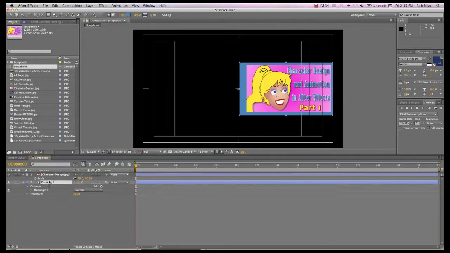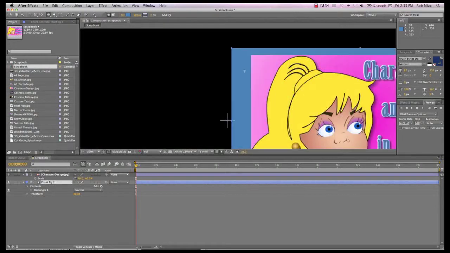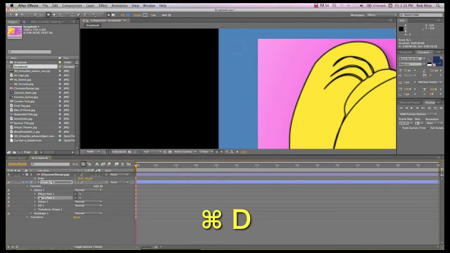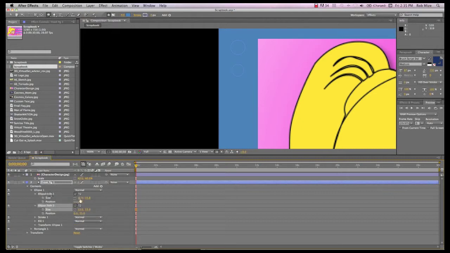And I'll change the name of that to Front Page 1 and drag it underneath my graphic. Choose my ellipse tool on that same shape layer and I'll draw a small ellipse and select that ellipse path and use Command D, and now I have two ellipses as part of that same shape. I'll drag that second ellipse path down and maybe make that a little smaller. There we go. I'll change both of those so they're the same.